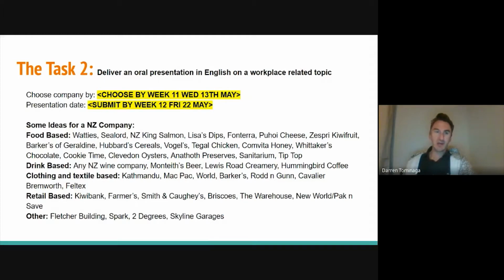So for example, looking there at Hubbard's cereals, interesting fact here, Dick Hubbard, who's the creator of that company, used to be the mayor of Waitakere City before it amalgamated and became the super city. So a bunch of companies there to have a look at. Could be something drink-based, a lot of wine companies, beer companies, some milk companies, of course, coffee, clothing and textile. So some companies you might not realize started in New Zealand, like Kathmandu, okay, the clothing and outdoor